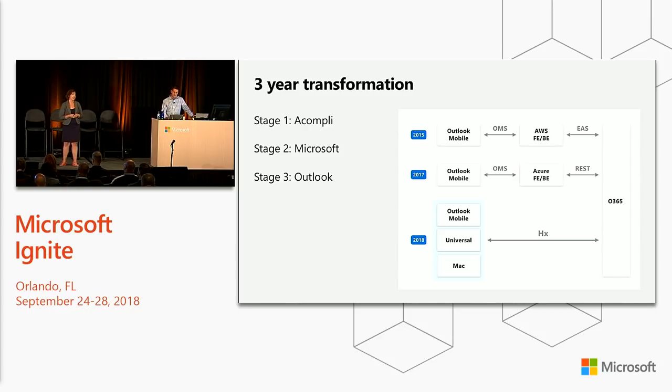However, starting to roll out next month, we will be rolling out a brand new architecture for Outlook Mobile. And that architecture is based on the HxS service and the HxS sync and storage stack, which was actually developed for the Universal app. So I had the privilege of working on the Universal app back when we were first starting. And one of our goals was, rather than taking any of the existing off-the-shelf pieces for sync and storage, we designed our own from scratch. And we designed them to be optimized for mail-related data. So for example, the storage layer is optimized for reads because it turns out you read a lot more mail than you write. The sync layer is really optimized for